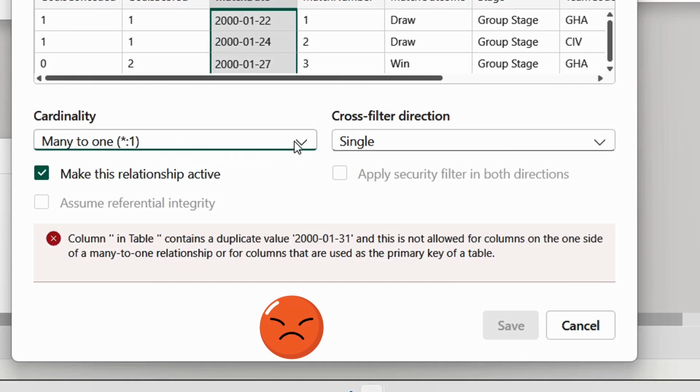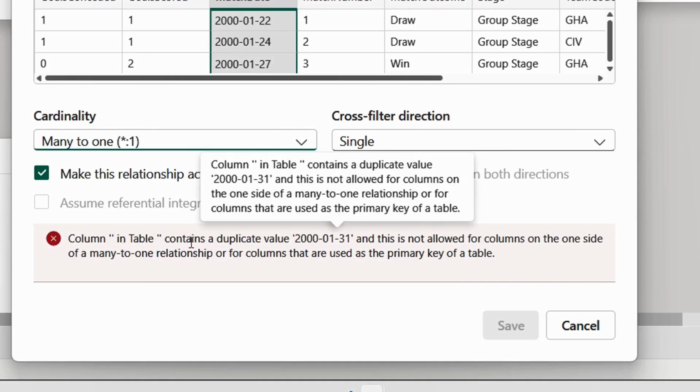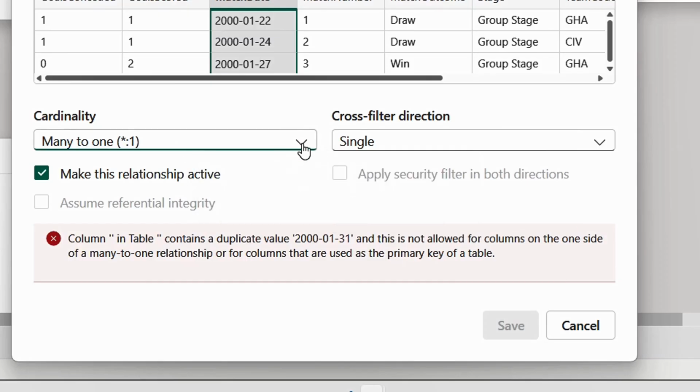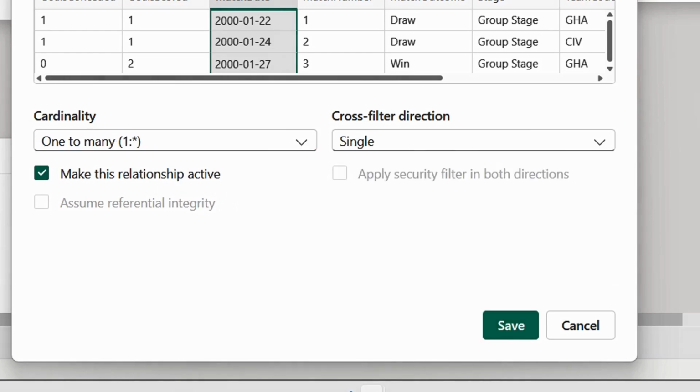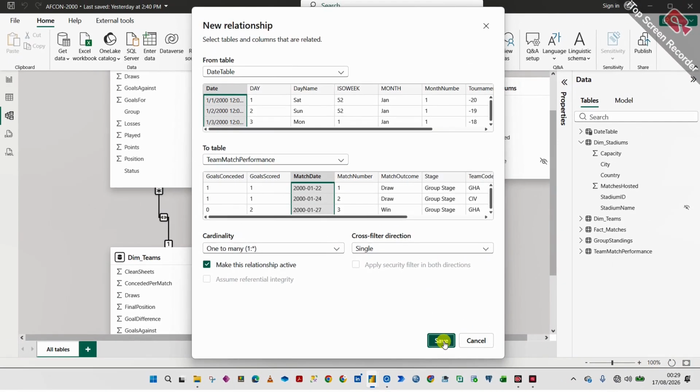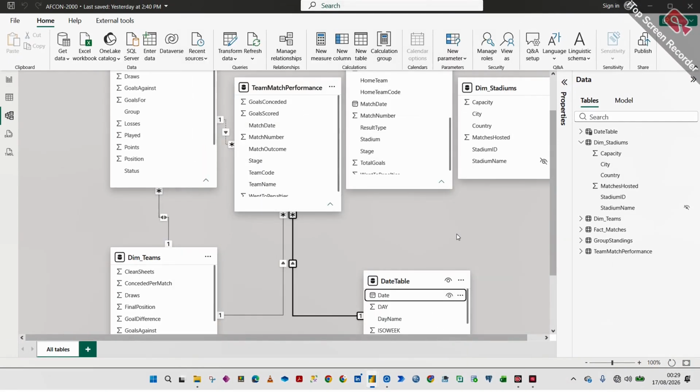Many to one is relationship because the column in table contains a duplicate value. This is not okay. We'll see that later. Let us just see what we're going to do to solve this issue. Okay, let's go with this one to many, and then